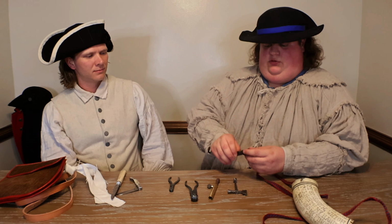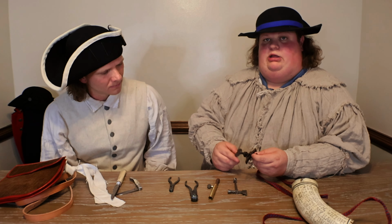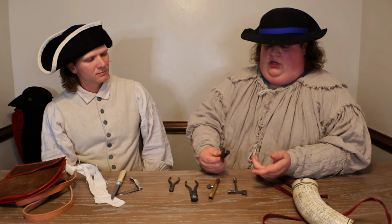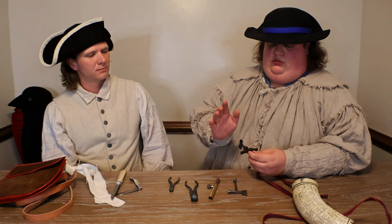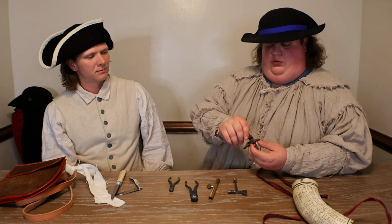Other thing is, if I have to do some kind of maintenance in the field, I have to take my lock apart for some reason, be it cleaning, replacing a part, I have a mainspring vise. So what this does is there's a large spring that when you pull the cock back on it, this allows you to put uniform pressure on it so you don't break the spring if you have to take the lock apart. This one is more modern,